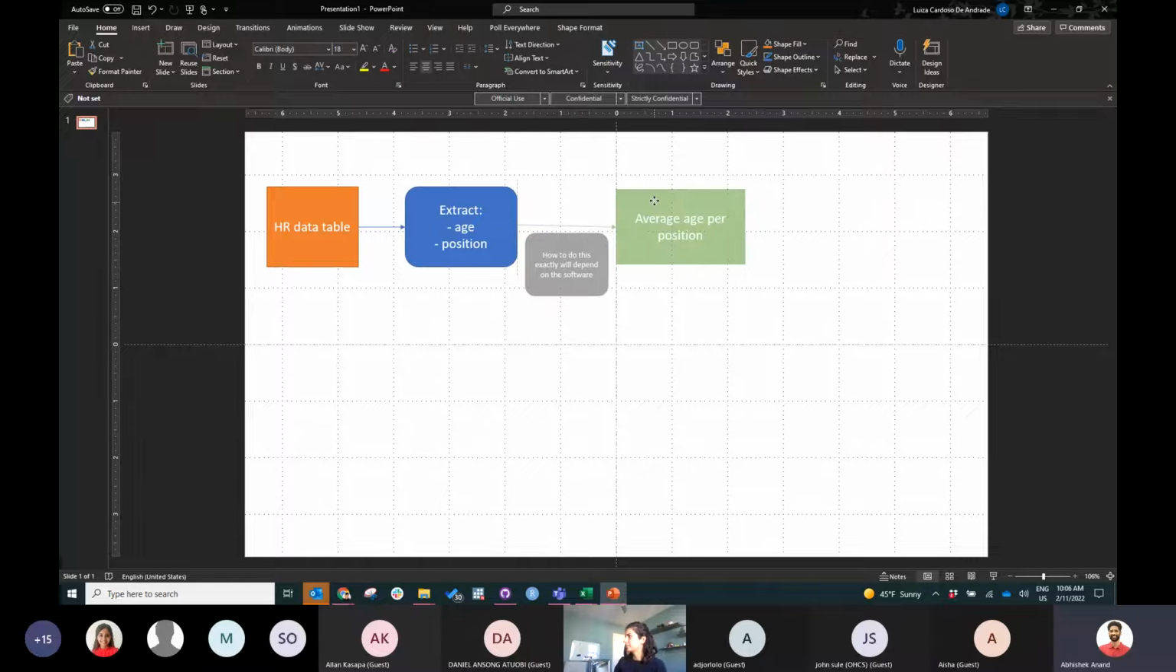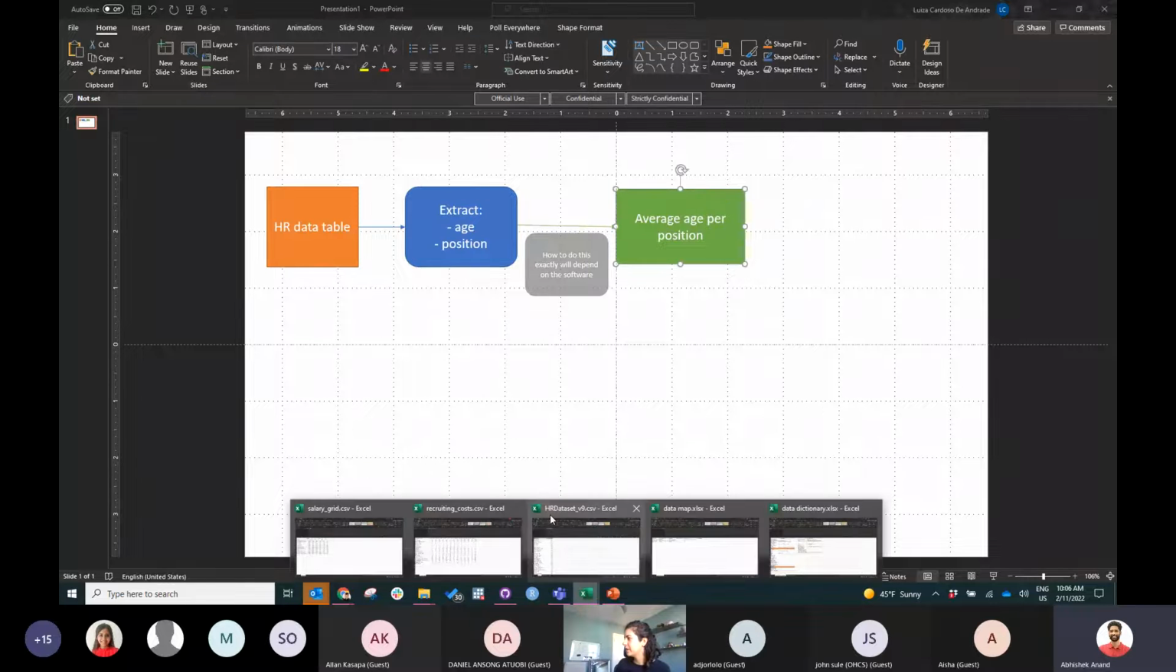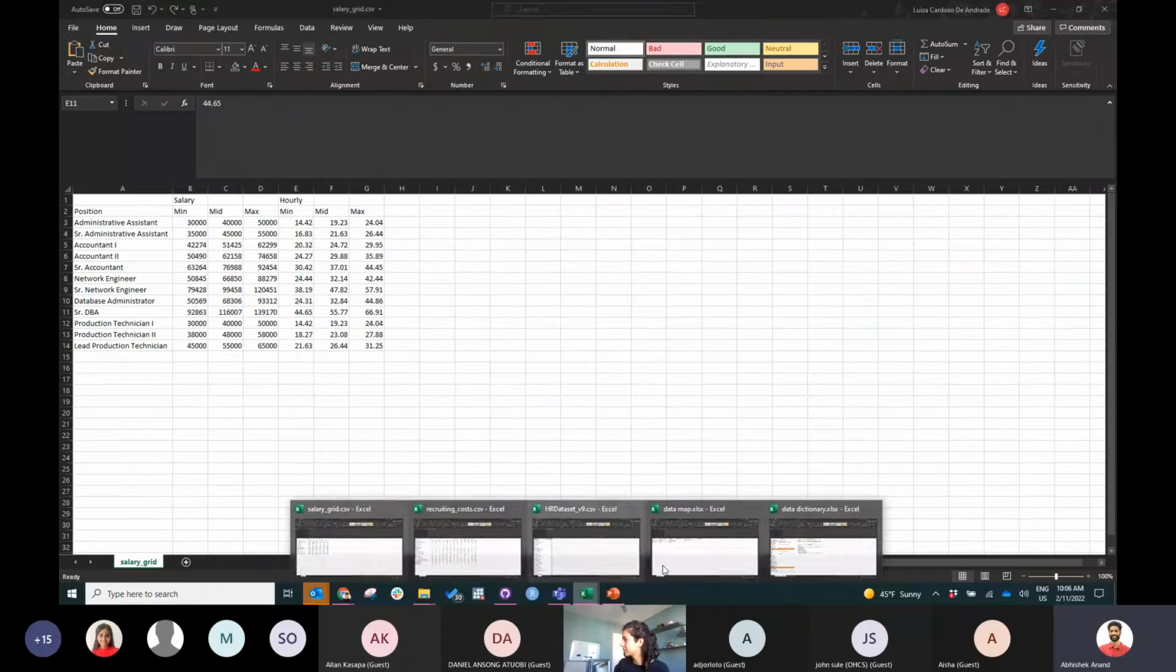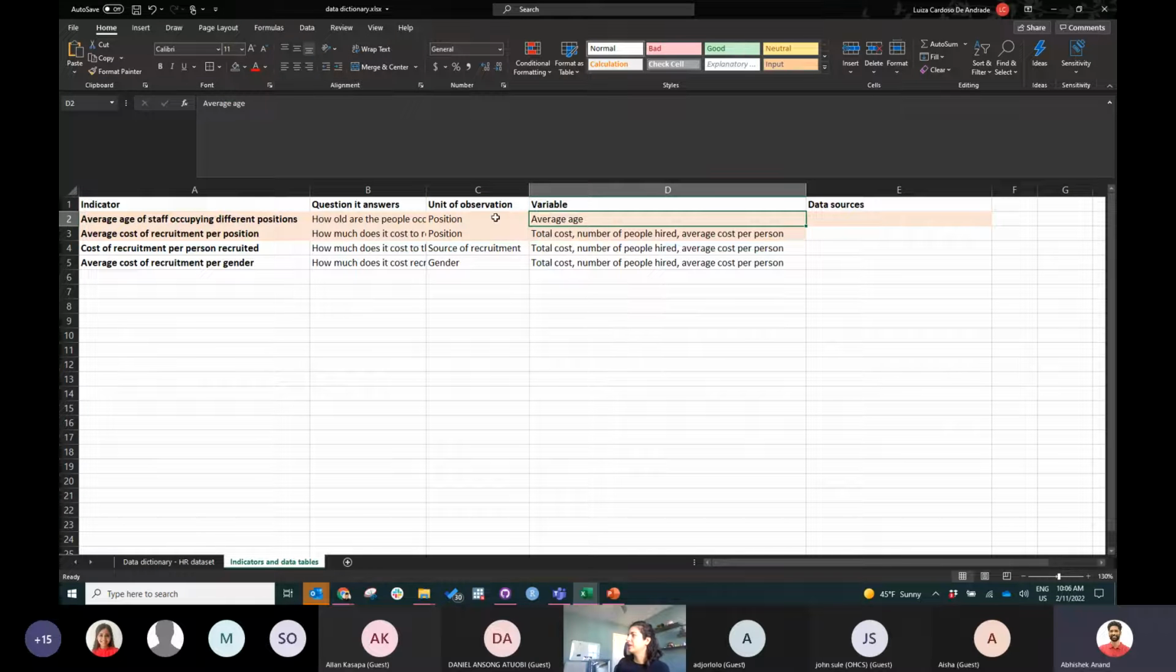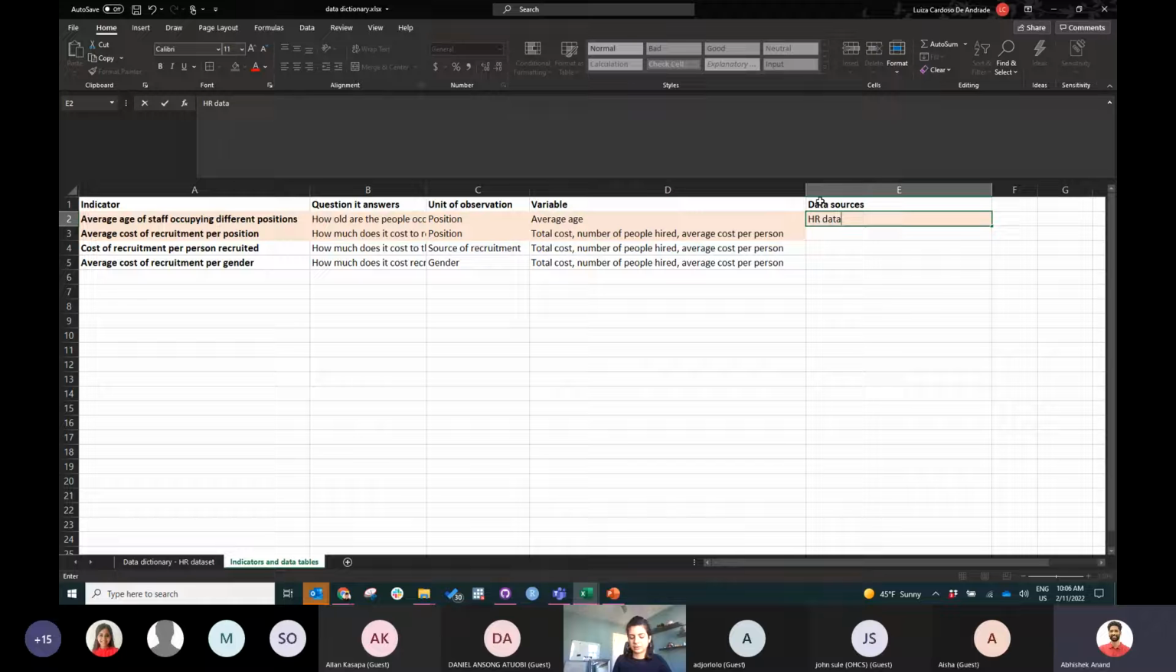Okay, so now we have the average age per position. That was the first indicator that I wanted to calculate. To create this data, all I needed was the HR data set. So I started from one data table and I just simplified it to get the final